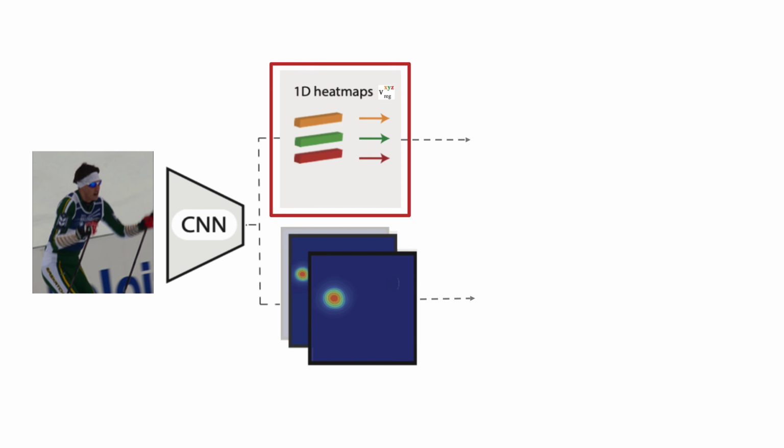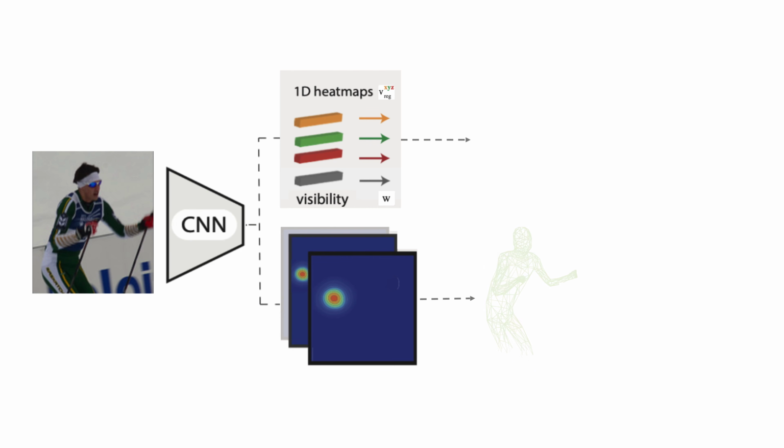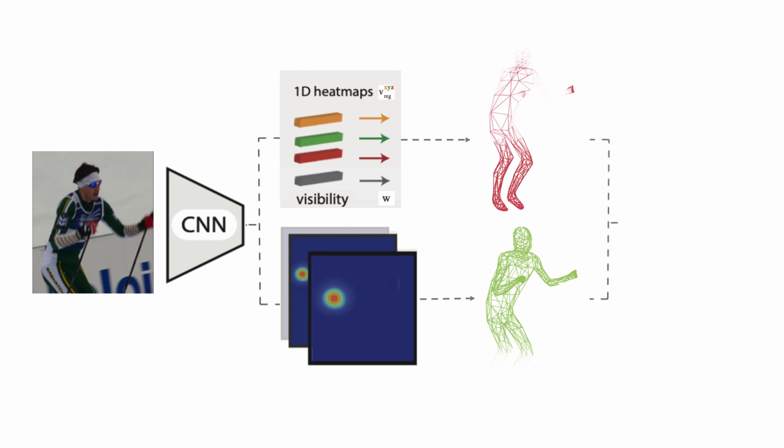The regression branch computes the rest of the 3D mesh. We use global features to compute the non-observed parts of the mesh and their relative depth. The global features are processed by a smaller, one-dimensional convolutional neural network and outputs a direct estimate of all the vertex coordinates. It also outputs a visibility vector, W. Finally, the 2D coordinates of the VertexPose branch and the full 3D coordinates of the regression branch are fused according